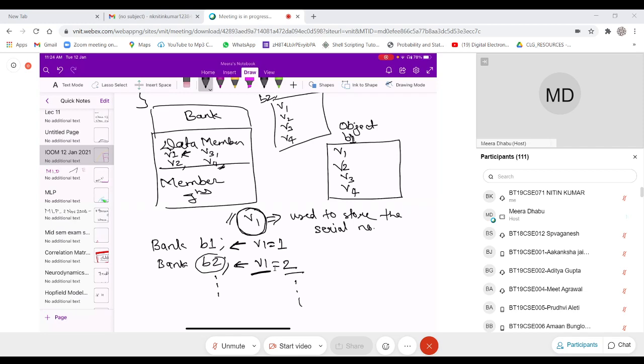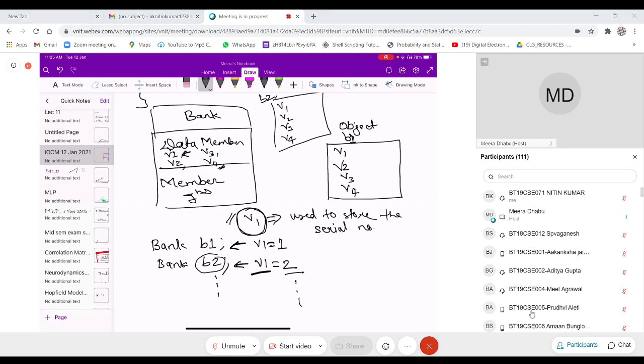I can do that, and that is called a static data member. Everybody should take a note of this: it is called a class variable. The class variable is defined using the static data member.